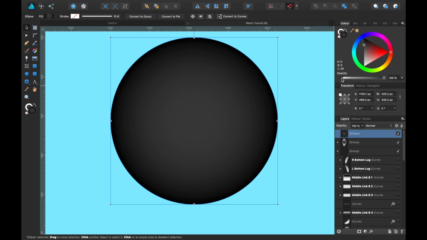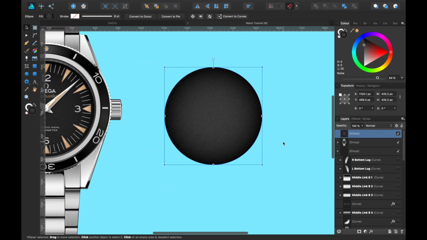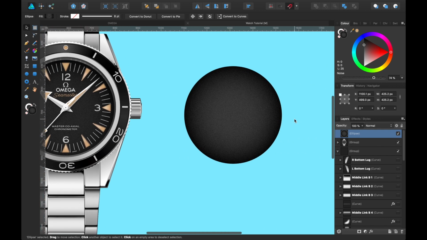So to give it that noise, you simply go over here to the color and you press switch and it changes it, the opacity. See that? We don't want to play around with that, but there's a little faint button there called switch. Click on that and it says noise. And you can see here it goes from smooth to more noisy. So I can just simply drag that out and there you have it. You've got that texture on the watch that you wanted. Maybe it's a bit too much. And there you go. That's how you make it.